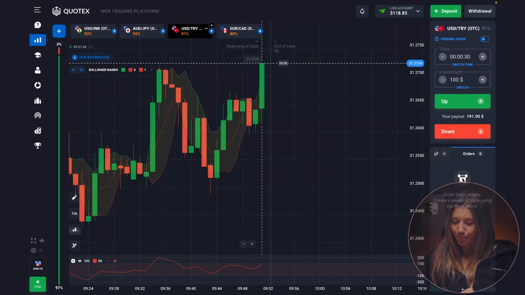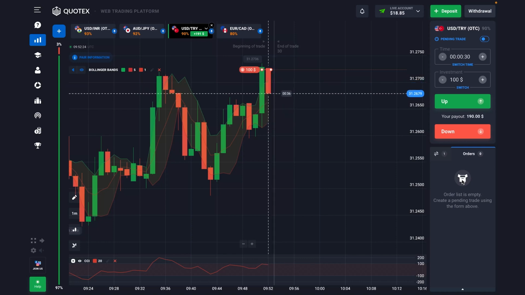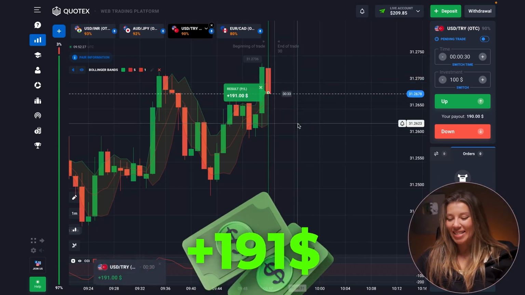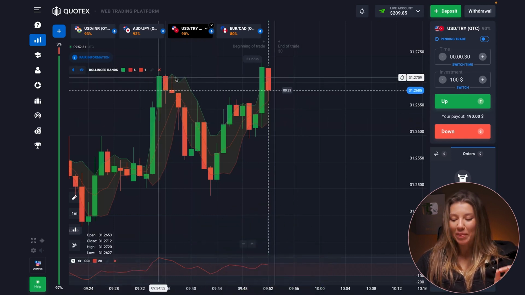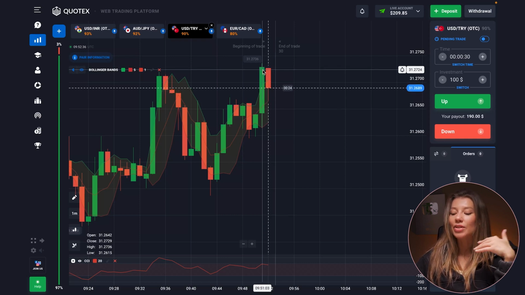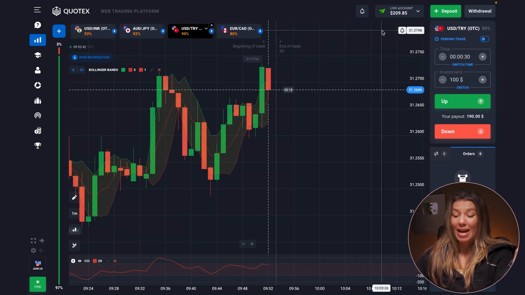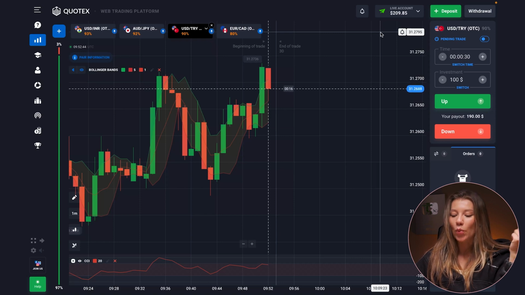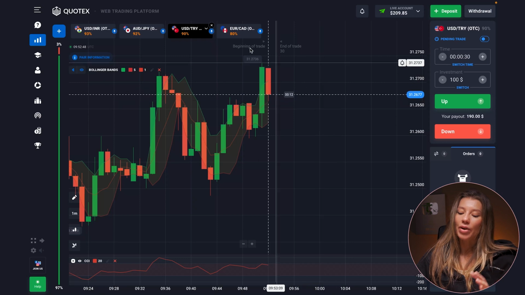Come on. Perfect decision, friends. So if you know what I mean, there is the double top that has been provided here on this chart, so we entered up pretty well. What can I say? After one deal I'm having 200, and that's it. So it's amazing. So we are moving pretty well,